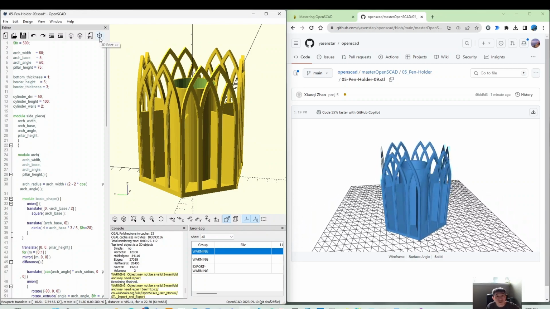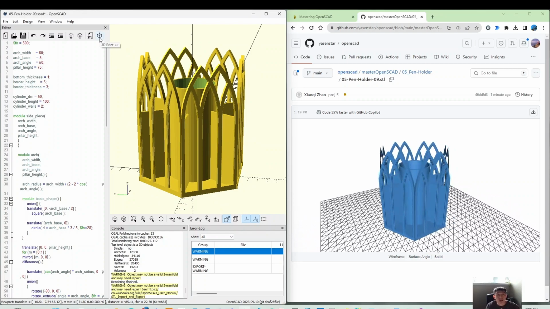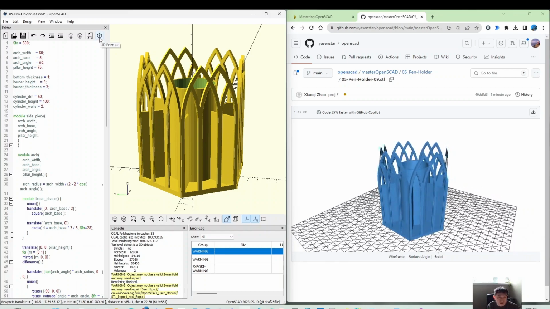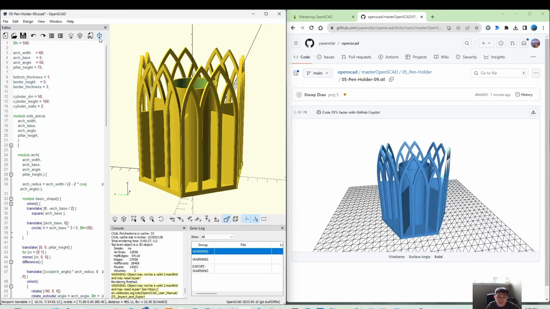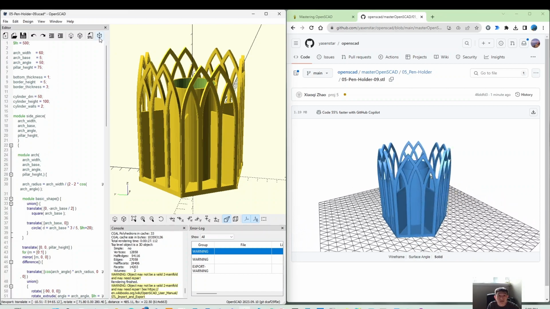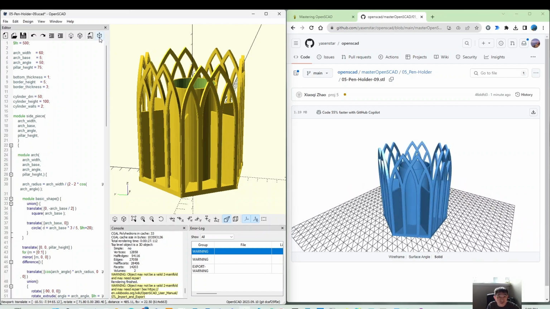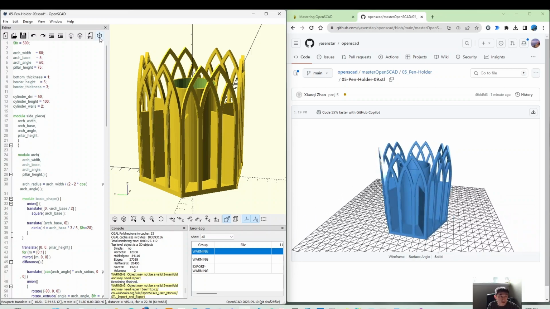Then you also need to take care of that hardware. On the printer side, some faces connected to each other may have some physical printing issues which we should